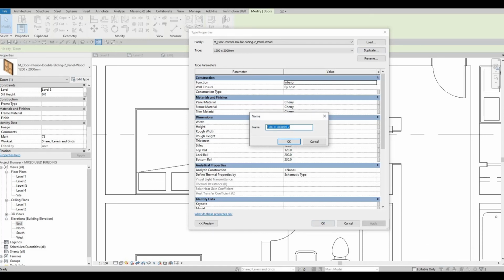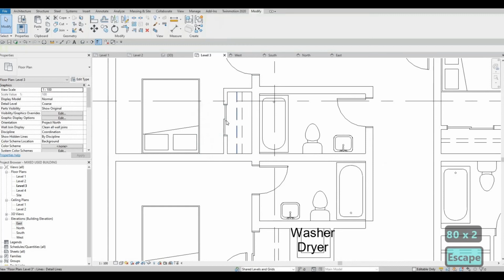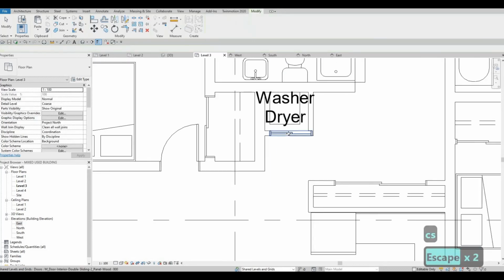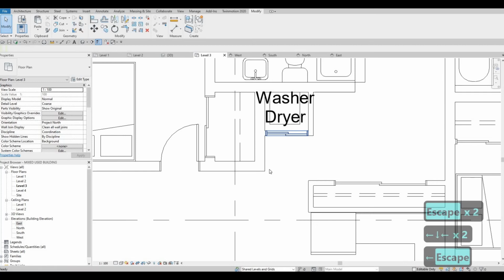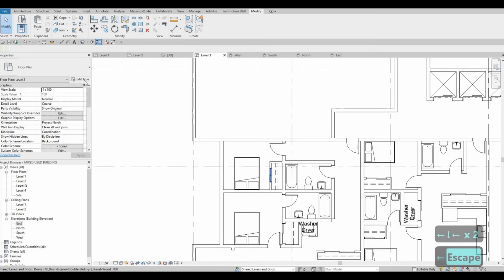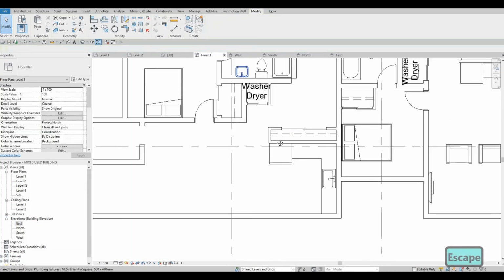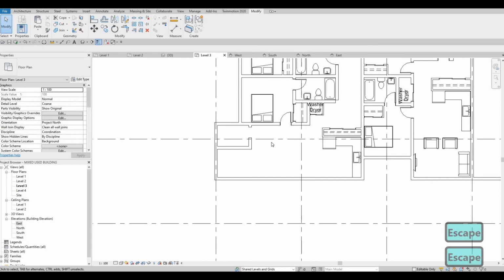Let's put it at 800. And then the width, just change it to 800. So at least we have a smaller one. Okay, and then let's just put this back to 1200. Okay,